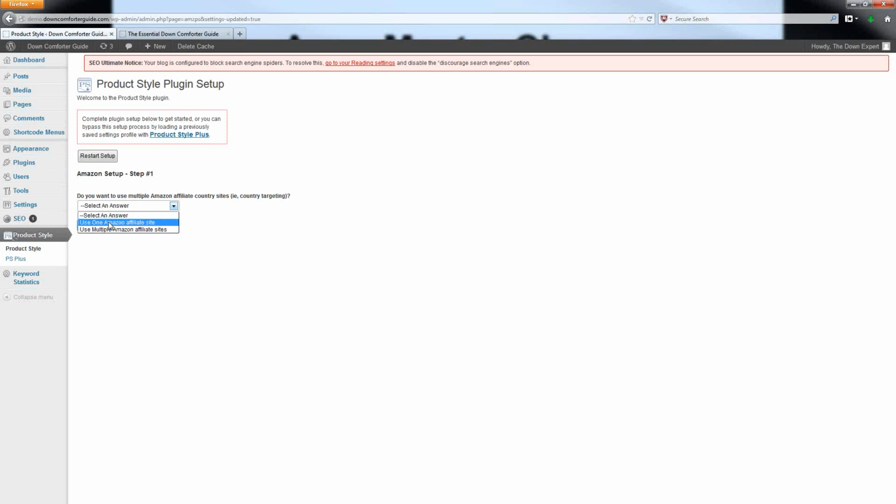particular step. If you have multiple locales, then choose the other one, and you will have to provide the affiliate IDs for each of the different Amazon locales that you wish to use, because ProductStyle can actually automatically deliver advertisements based on where your website visitors live. So it could show Amazon.com ads to the people that live in the US, and people that live in England, it could show them